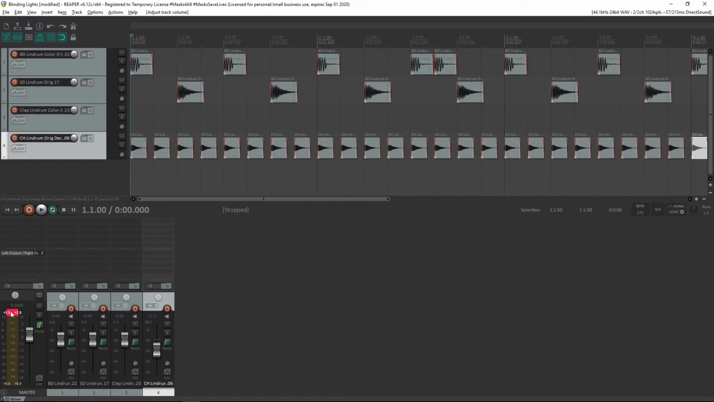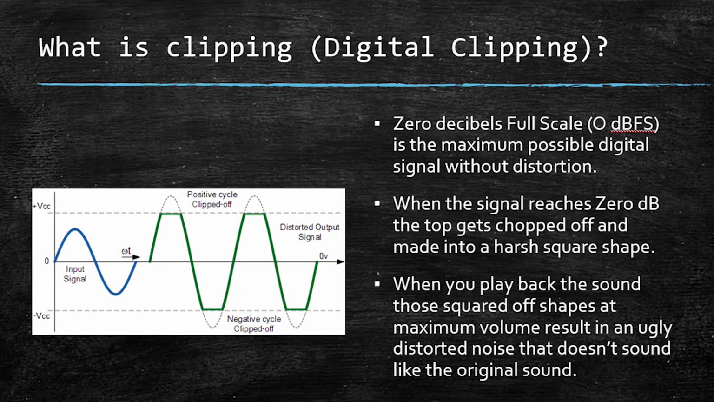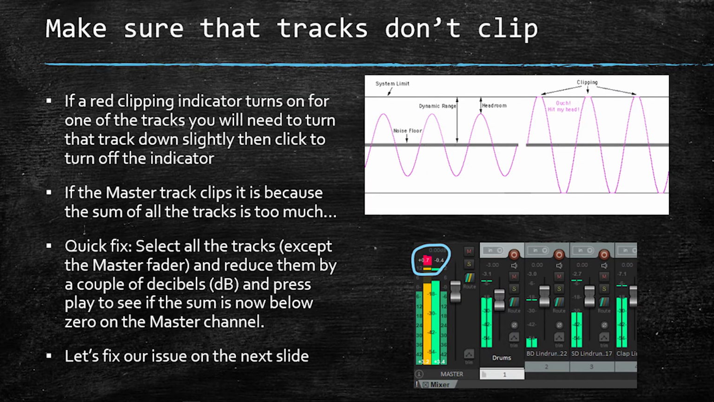So let's now discuss this clipping. What is digital clipping? In the digital realm, 0 decibels full scale is the maximum possible signal without distortion. When the signal does reach over 0, the top of it gets chopped off and it makes this harsh square shape that you can see on the graph here. When you play it back, you get those squared off shapes at maximum volume, and that's going to give you an ugly distorted noise that isn't really as cool as analog distortion. So although distortion can be cool, let's achieve it in different ways rather than reaching the maximum of 0 decibels full scale. So whenever you see those peak indicators,